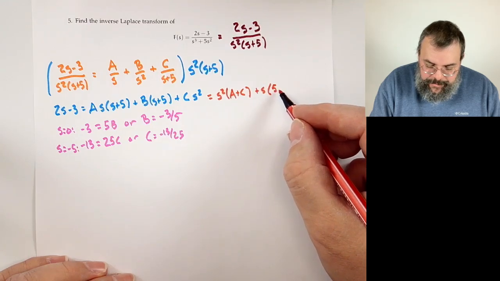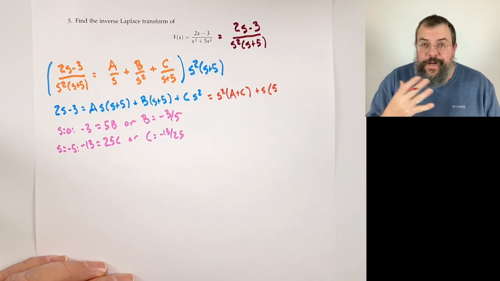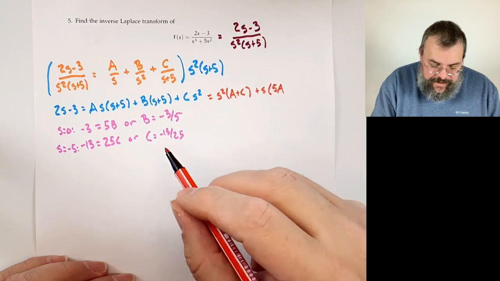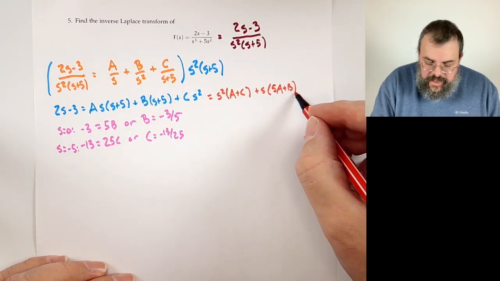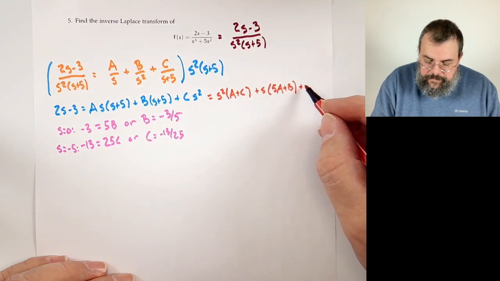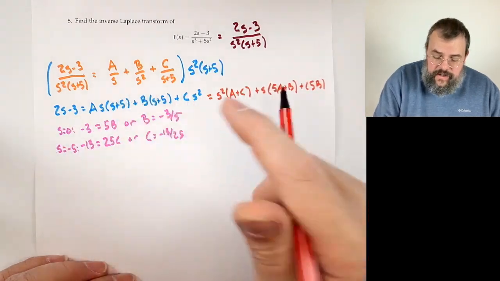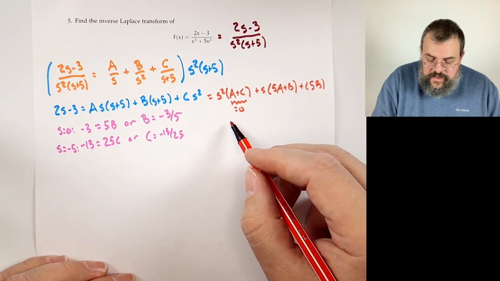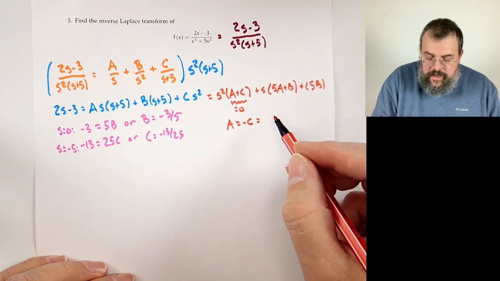I get you. I know where you're coming from. We are simpatico in our feeling about putting 5s and s's on the same problem. So 5a plus b, and of course the constant would be 5b. And now we say, well, hey, there's no s squared over here, so that says that this part has to equal 0. So we get that a plus c equals 0, or a equals negative c, which means that a